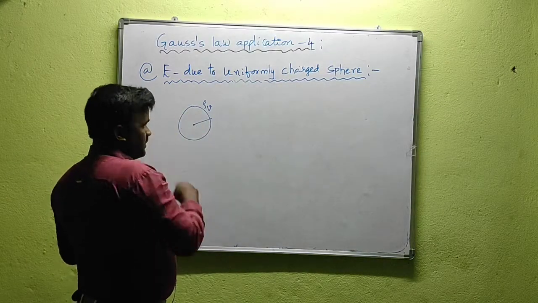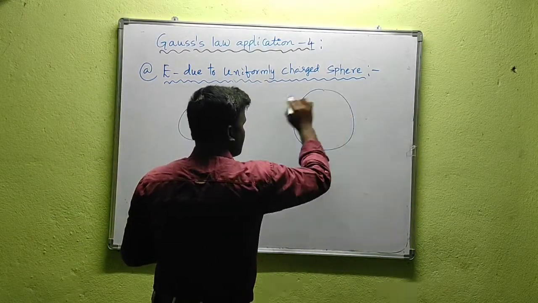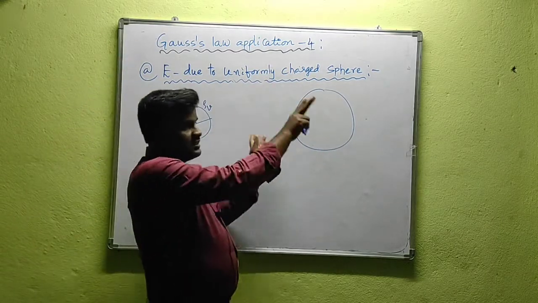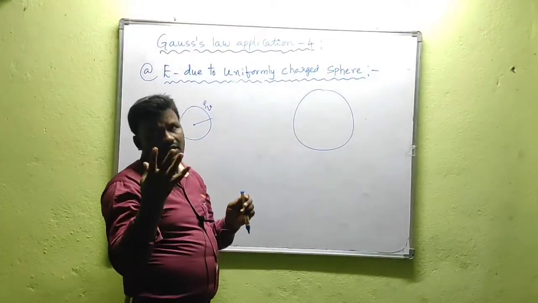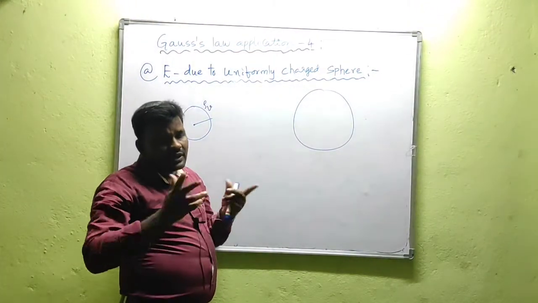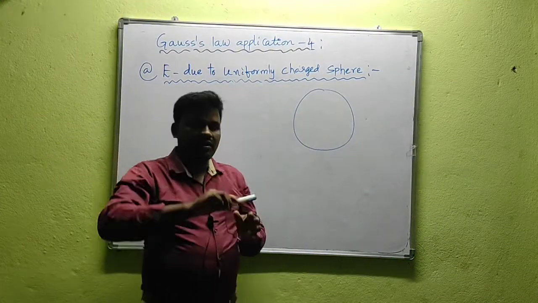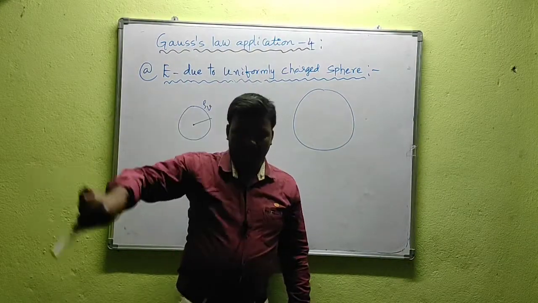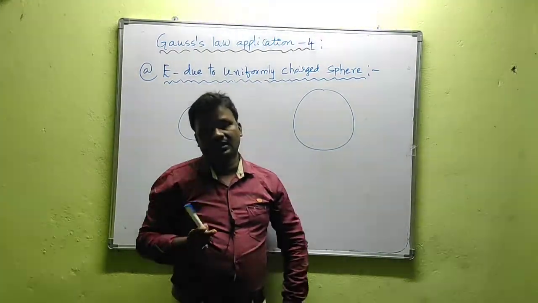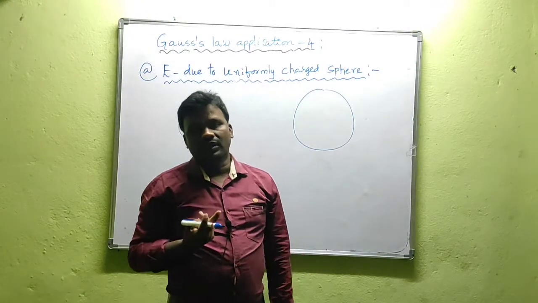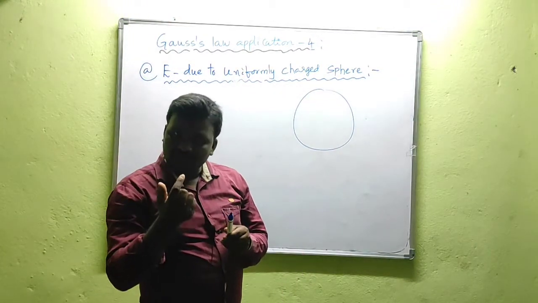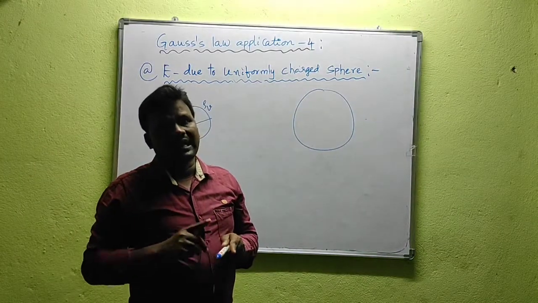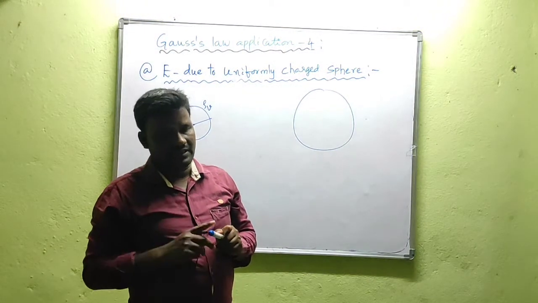It is the small sphere, so in this case we have the large sphere, okay. So that means here we can increase the size of the sphere. That means we may have small sphere or large sphere, okay. So you need to determine this. Suppose a sphere like this, or else a sphere like this, or else a small sphere like this. That means in this case we need to determine electric field intensity inside the sphere for the smaller one, and for the larger one outside the sphere. That means we need to determine the field at each and every point in the sphere, okay.